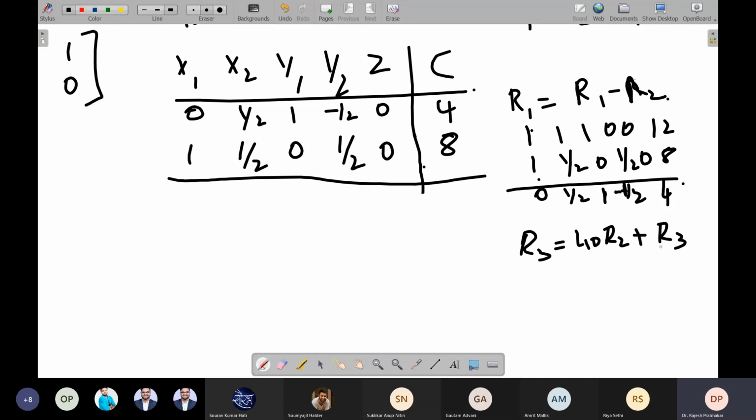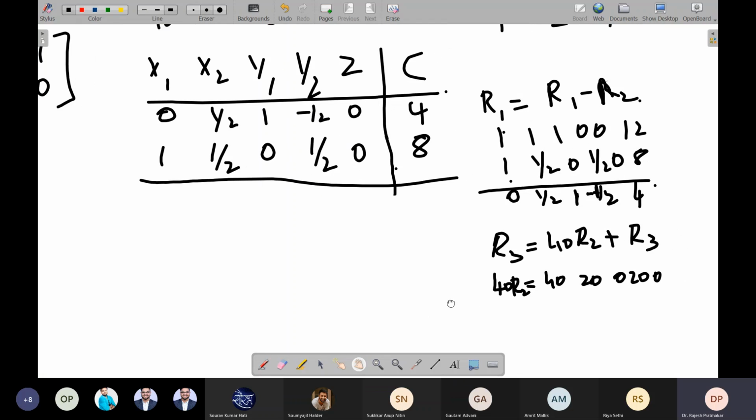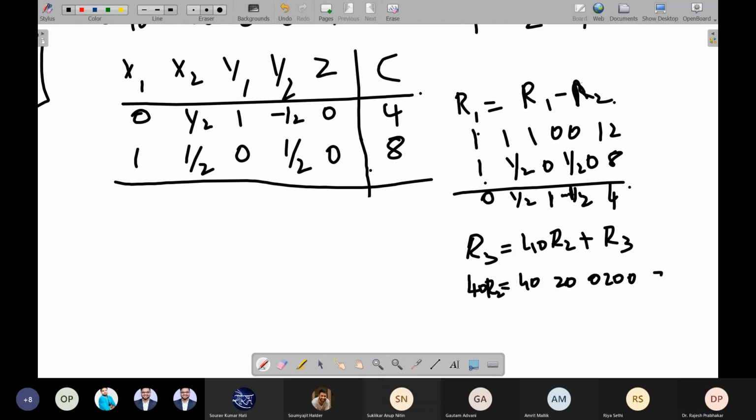So 40R2 means what? 40R2 is equal to 40, 20, 0, 20, 0, and 40 into 8 is how much? 320, right? Now R3: minus 40, minus 30, 0, 0, 1, 0.